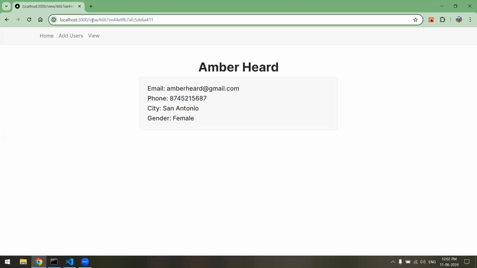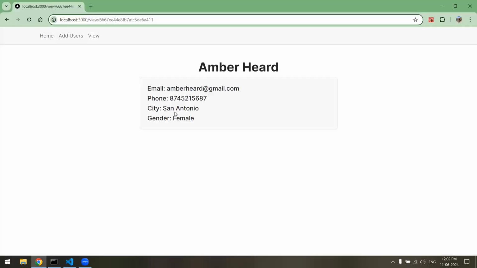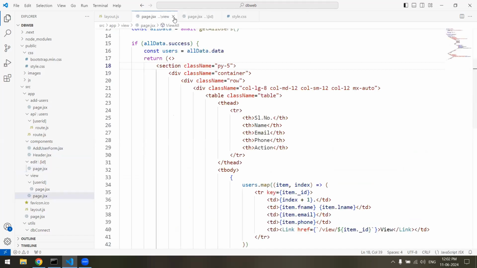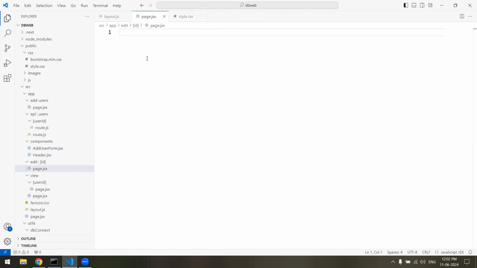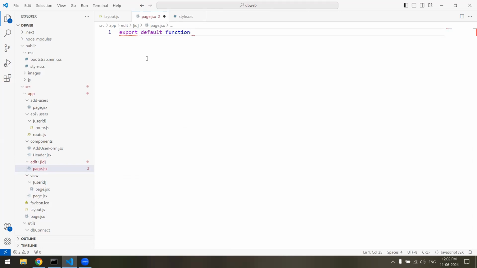So now we are in view, and then we will be redirecting it to edit, and then we'll fetch the ID dynamically because we would be requiring the ID to update the record. Now let's close this one. Let's close this one too. Now export default function edit record,